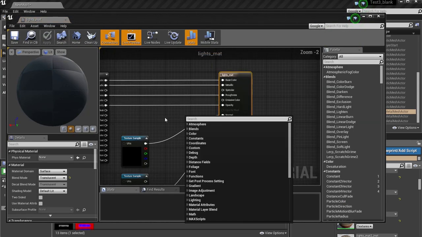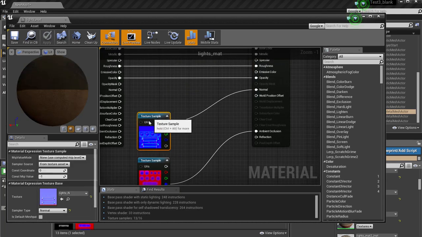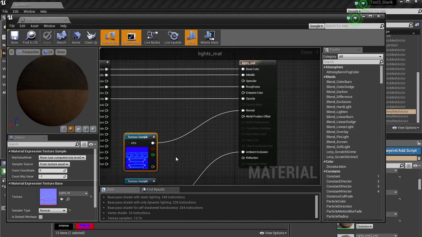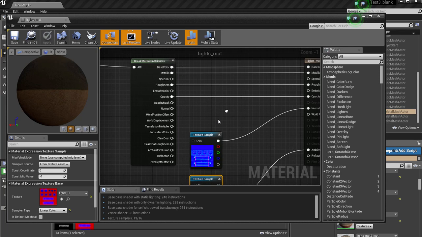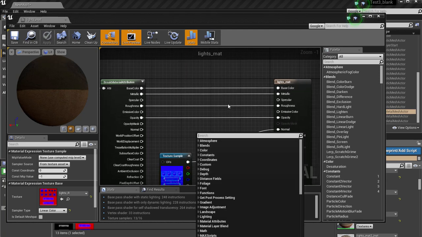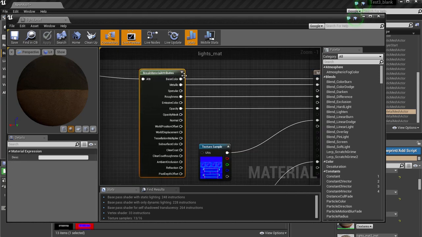Let's open the master material first. So you can see for the normal map we have applied just a texture sample, and for the ambient occlusion too. But for the opacity, roughness, metallic and base color, we have here something like break material attributes, because here